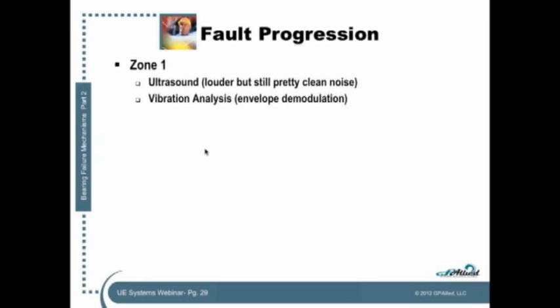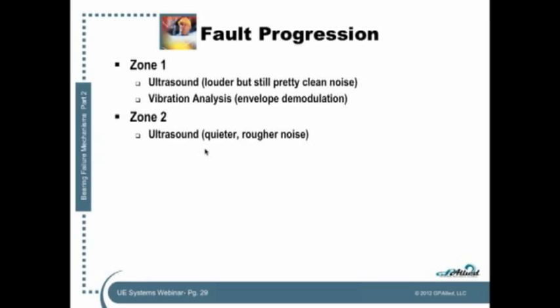And you have to use that envelope demodulation to find those bearing defects up in zone 1. Because of that subsurface fatigue, there's no spalling yet. There's no hole for the roller to fall off in and make that big bang for the vibration analysis to find easily, so you have to use this technique called envelope demodulation. Right? When we move into zone 2,